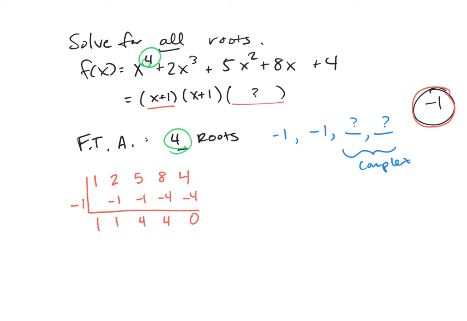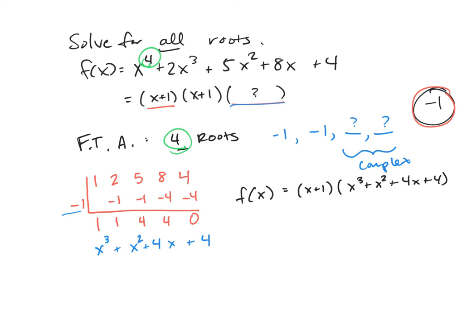But also it's now letting me know what is the piece that's left there. So what this translates to, remember we started with 4th degree. We've divided away a single linear factor. So we're dropping 1 degree down to x cubed: 1x cubed plus 1x squared plus 4x plus 4. So far I have factored this into x plus 1 times x cubed plus x squared plus 4x plus 4. But again, I know that there is